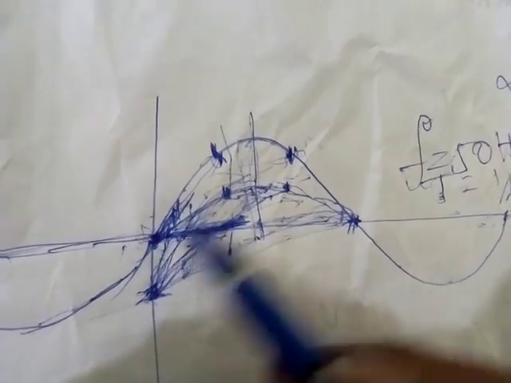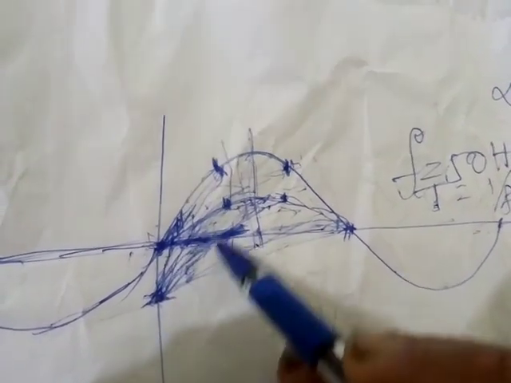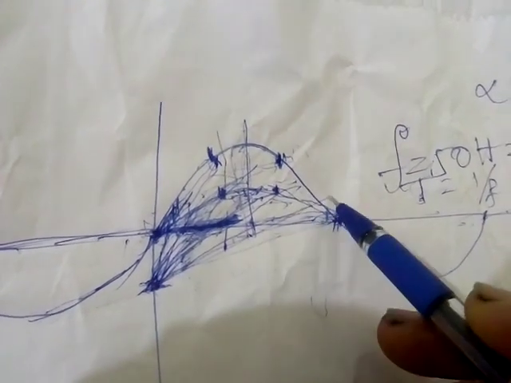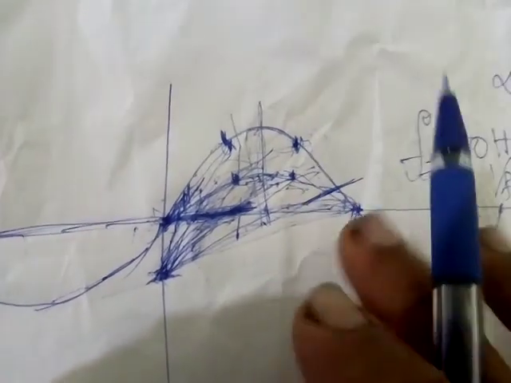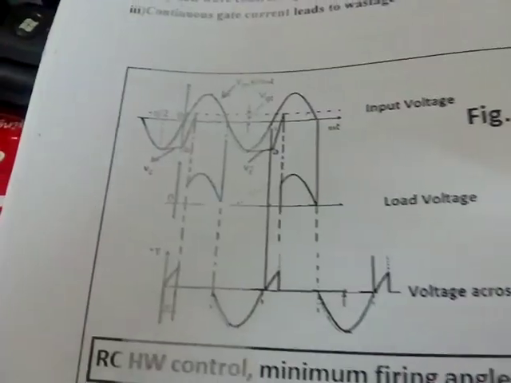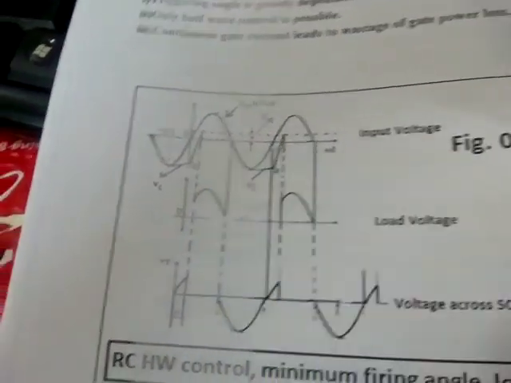In RC triggering, the waveform of a gate circuit can be like this, or even like this if R is high. So you can control in this way. So other figures are similar. You have here, see, this is the